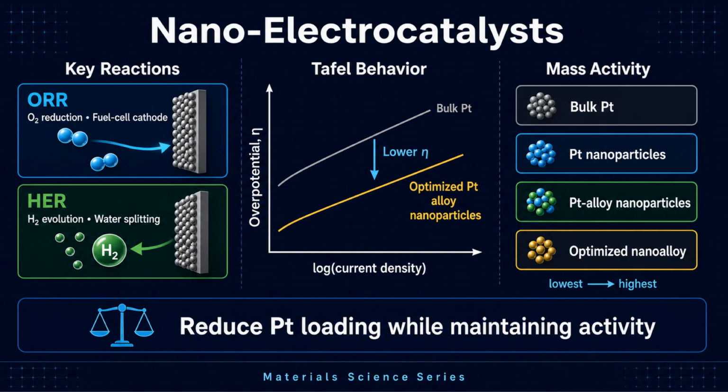Nanostructured platinum shows dramatically higher mass activity than bulk. Alloying with transition metals like nickel or cobalt creates surface platinum with modified electronic structure, further improving activity. Platinum skin structures with platinum-enriched surfaces over alloy cores combine stability with activity. The improvement is striking. Mass activity can increase by an order of magnitude going from bulk platinum to optimized nanostructured